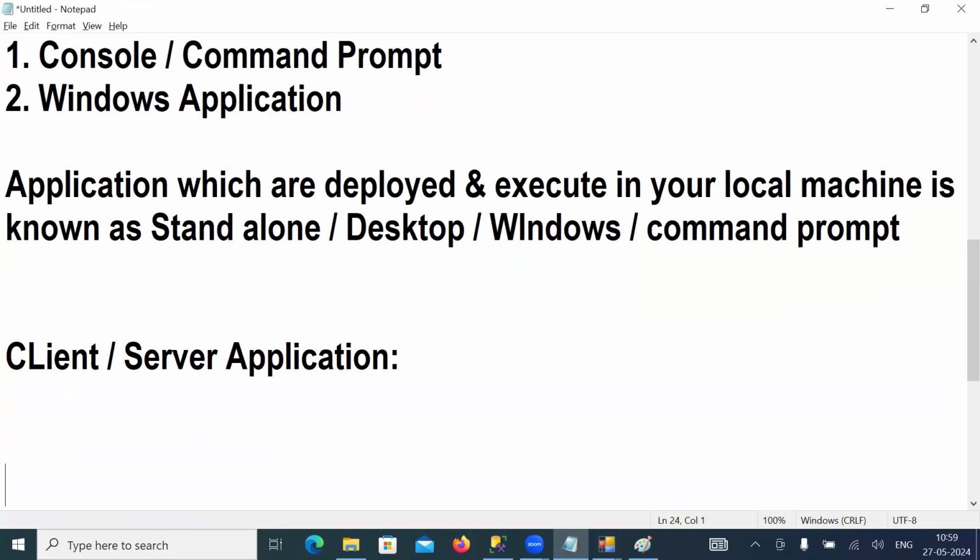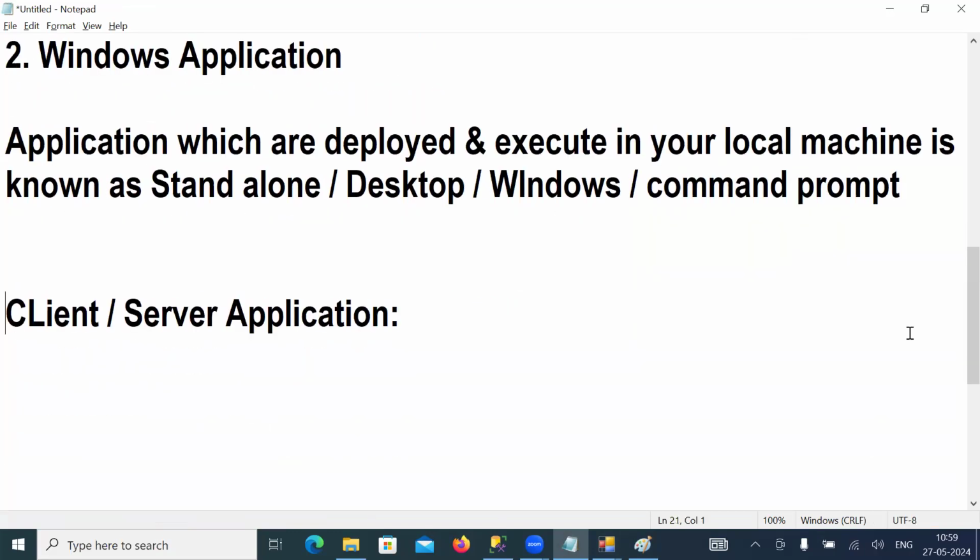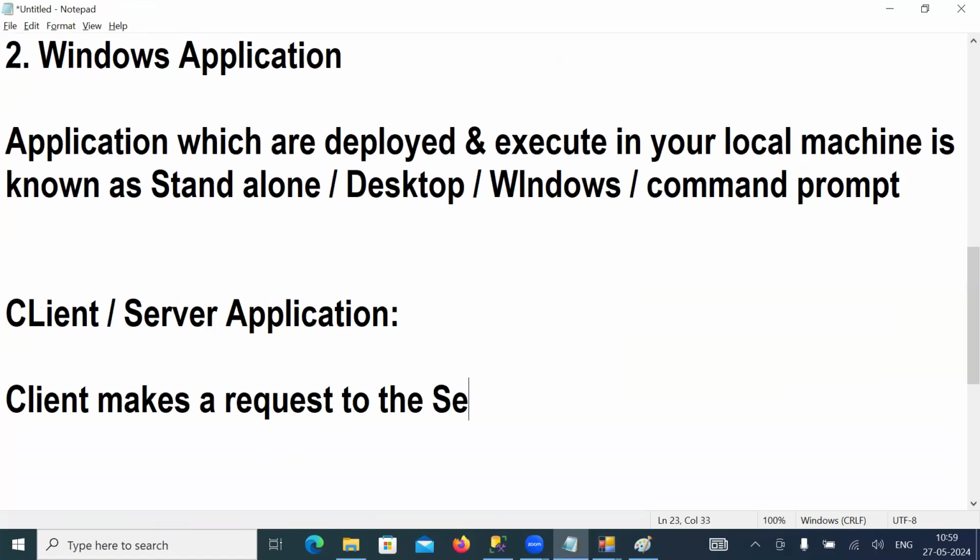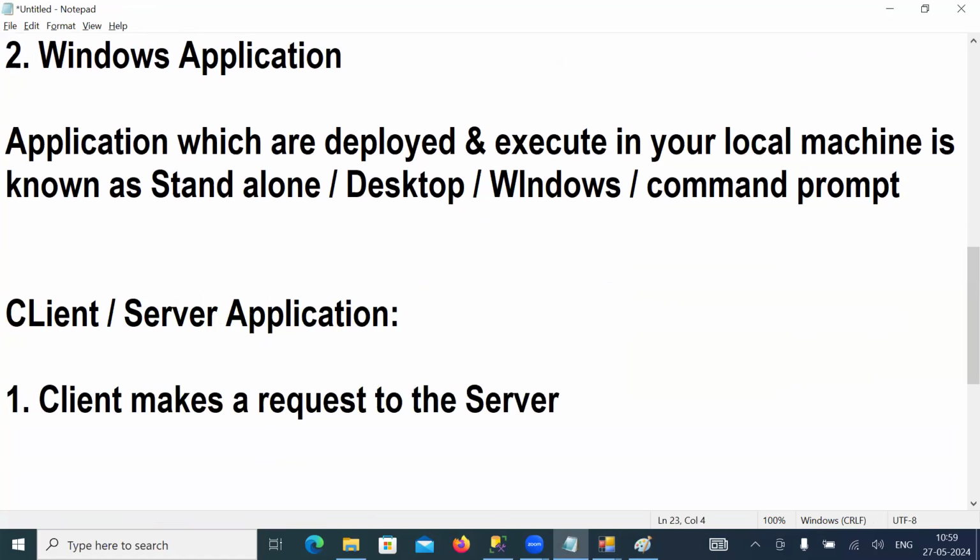What is the statement of this client server technology? Point number 1: the client makes a request to the server. What is your second point? The server receives the request